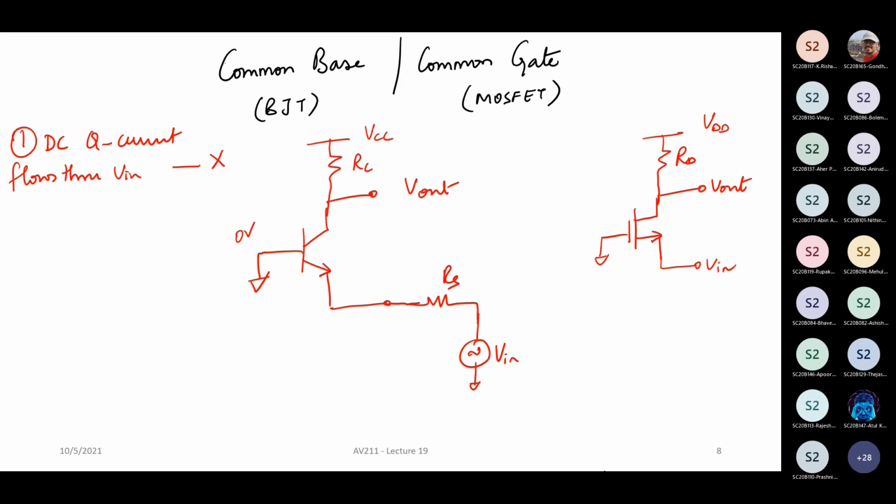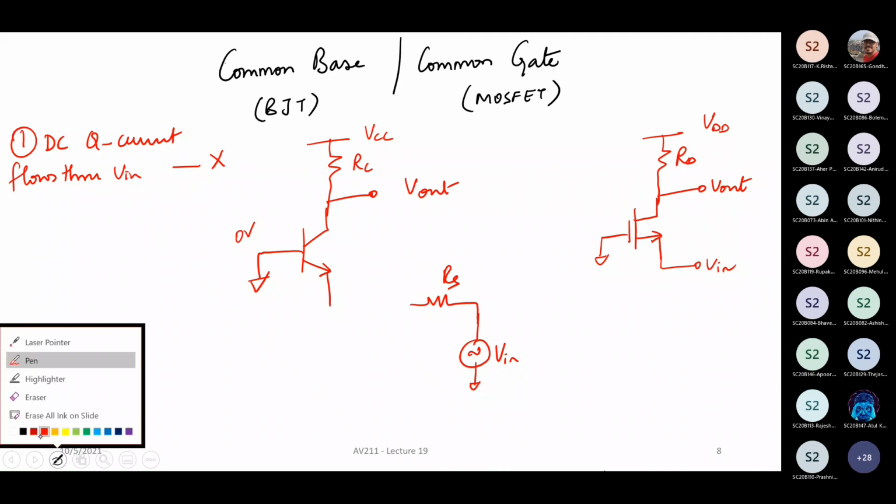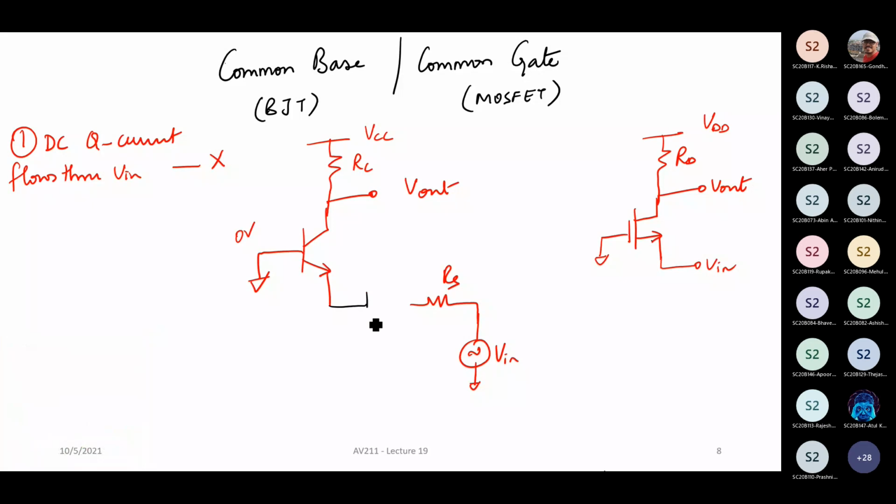So which is why, typically, what do we do to prevent the bias current from flowing into the input? Input capacitance. Capacitance, right? We put one capacitor here to make sure that the DC does not go into your input. Your input will only give you small signals. That's it, nothing else. Now, when you put a capacitor, this is solved. This is solved by putting a capacitor.